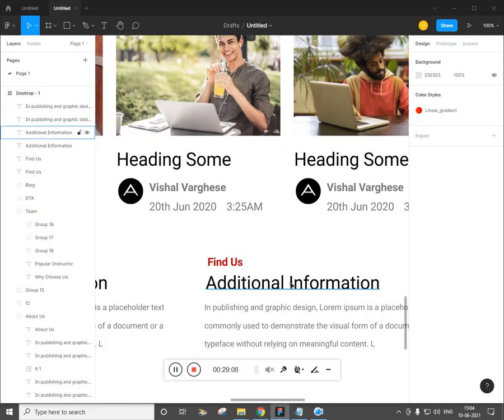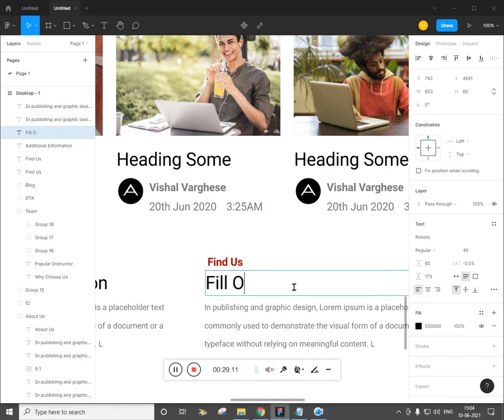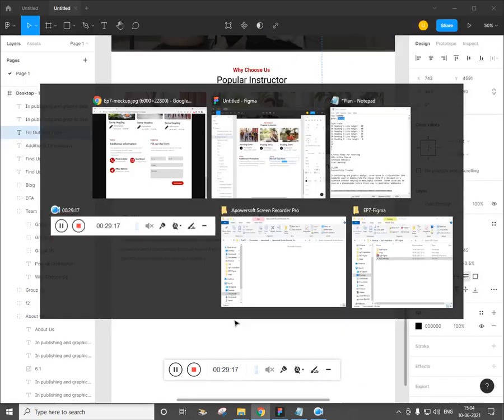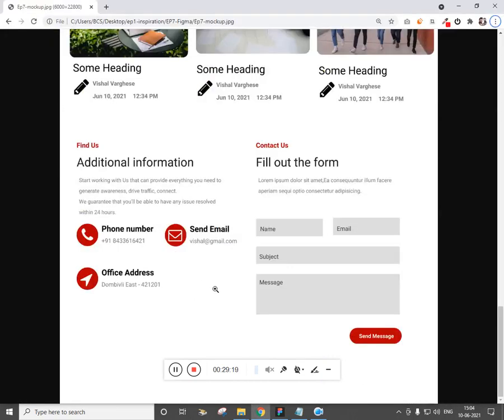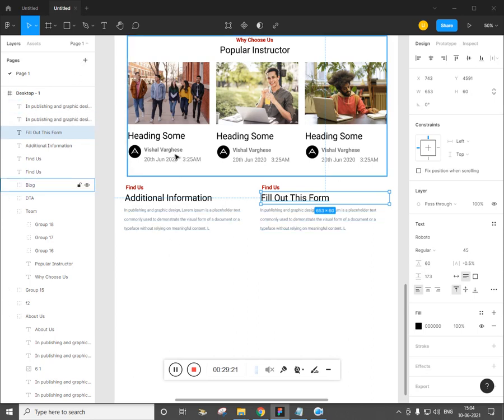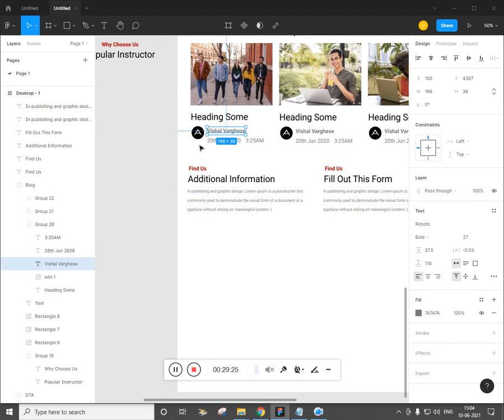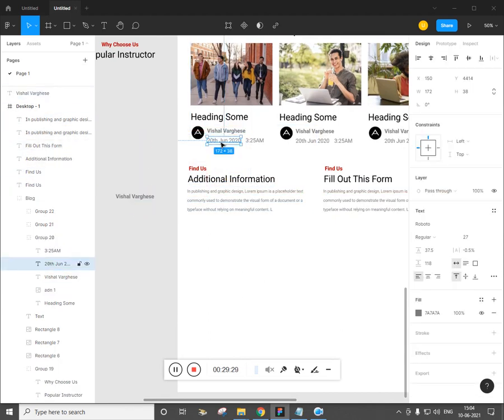Now this is going to be fill out this form. And now what we can do is create a duplicate of this. Alt drag, select this, alt drag, select this, alt drag.